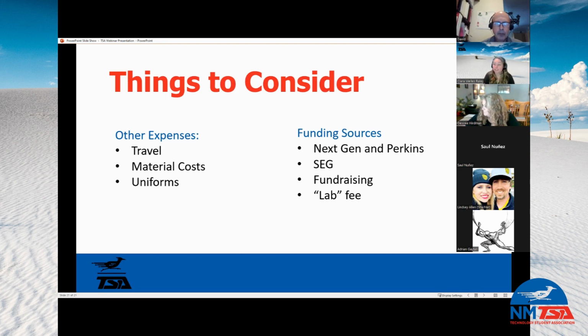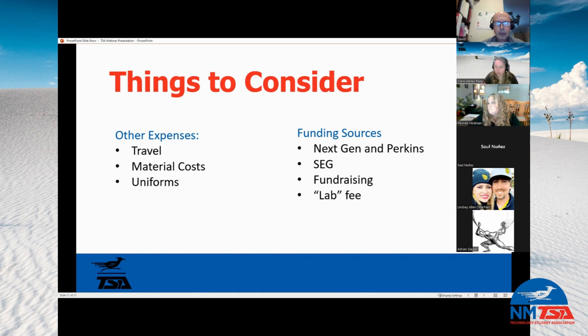You can also use SEG funds, which I love saying because your school boards and your administrators are probably going to hate me for telling you this, but absolutely go advocate for your schools to be able to use the general funds that your district gets, because your district and your schools get a particular amount of general funding for the amount of students that they have going to your school. And because CTSOs and TSA are curriculum, you can use general SEG funds to support your CTSOs.